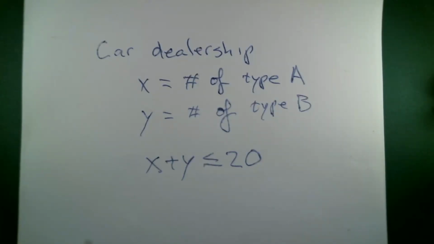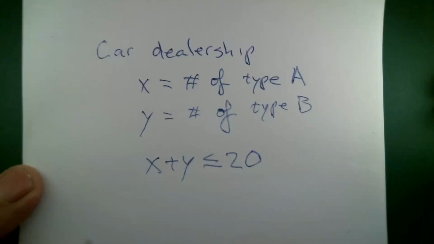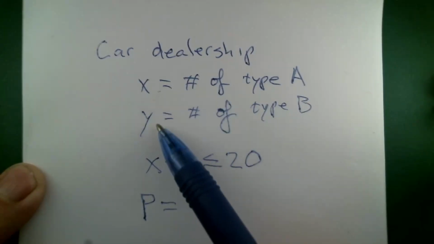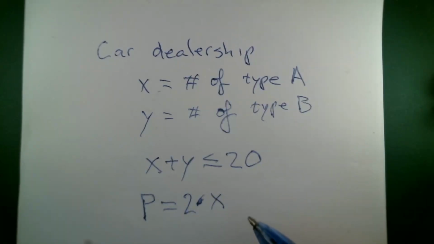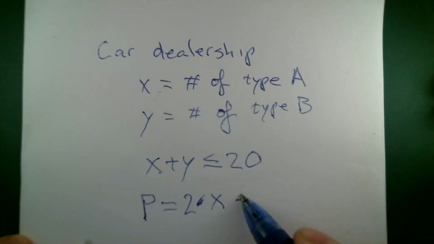I'd like to make the most money out of it. Now, the profit, and usually I'm going to call that P, is going to be how much money we make off of a type A car, plus how much money we make off of a type B car, multiplied by how many of those types of cars we have. So let's say we make $200. Actually, I'm just going to do 2 times X, because we're measured in hundreds of dollars,